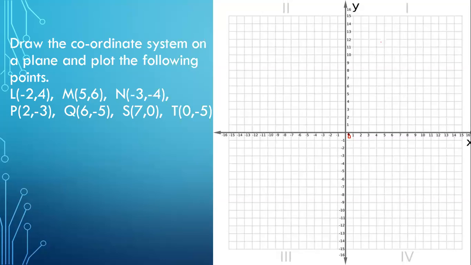Now starts the sum. The first point over here is L and the coordinates are (-2, 4). The first coordinate is x and the second coordinate is y. This we have done in the last class. Always the first coordinate will be x and the second coordinate will be y. So on the x-axis, where is -2? It is here, right? And on the y-axis, where is 4? It is here, above 0. Can you see? Now you have to start drawing a parallel line from -2.